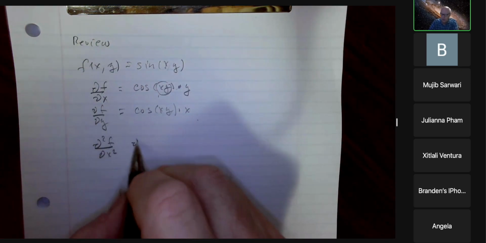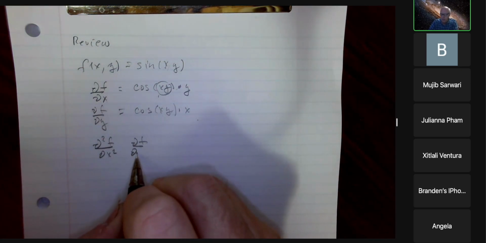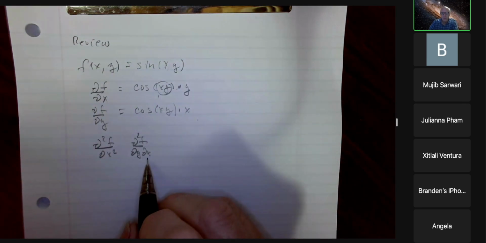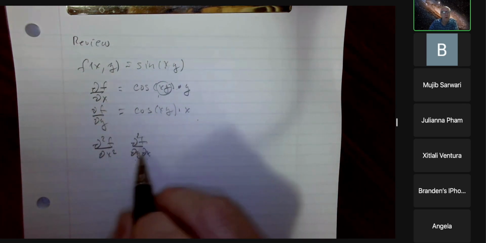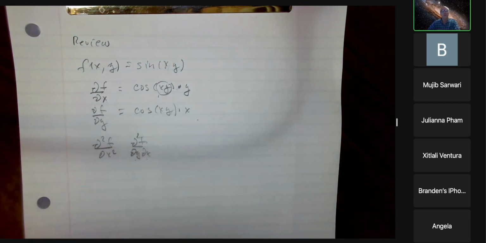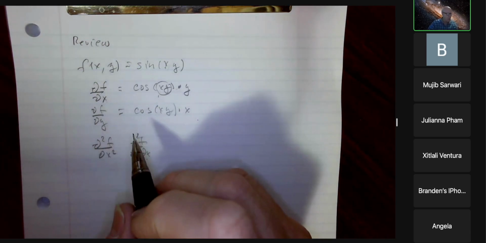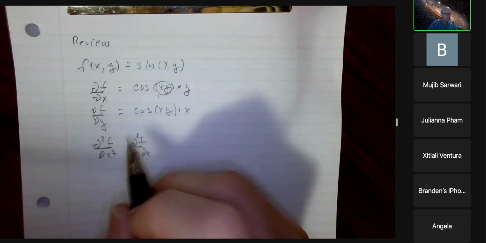And if you had something like this, remember, you do this one first, and then that one's called a mixed partial derivative. Some very beautiful properties come out in physics applications from this. That's basically what I wanted you to understand in that context, okay? Another thing I wanted you to be able to understand